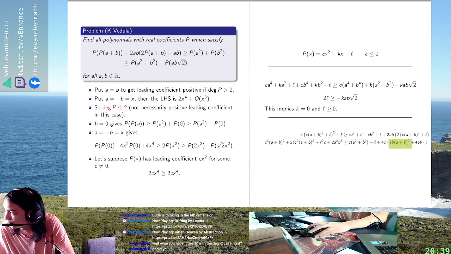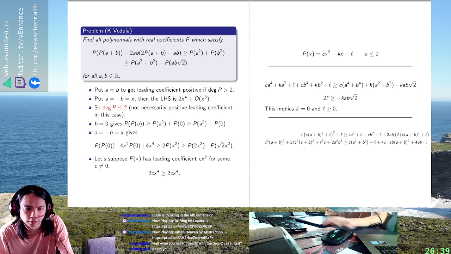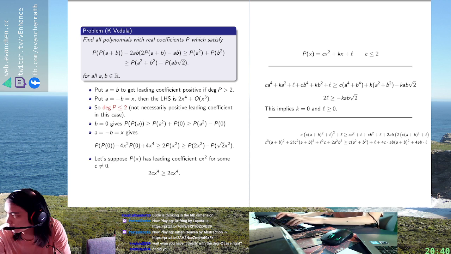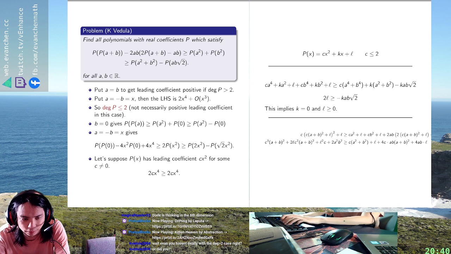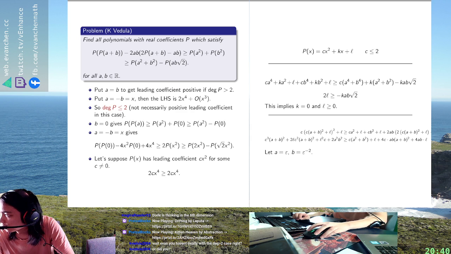But I should be able to get this term to beat this one. This term always beats this by AM-GM, and I should be able to make that more pronounced. This is degree 2, so it's just like a pipsqueak. I don't really care about it. What if I let a equals... Alright, get this right. a equals epsilon inverse, b equals epsilon squared. Epsilon to the minus 2. How about that? So if I do this,